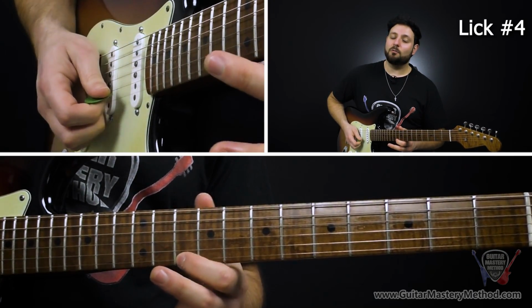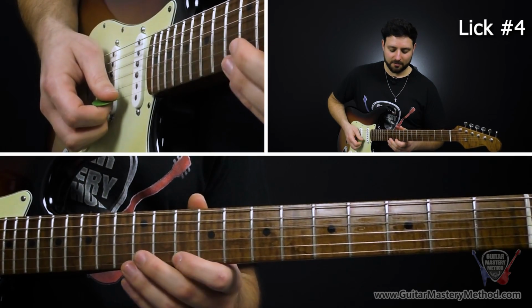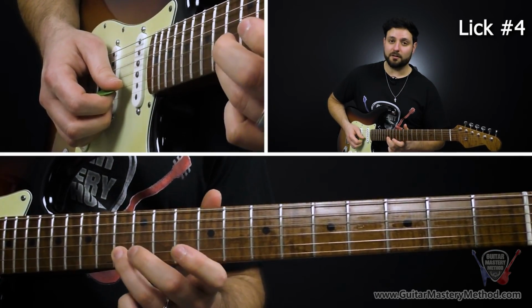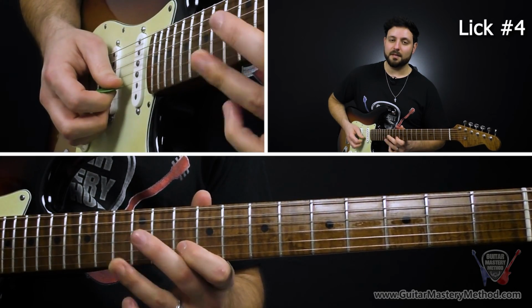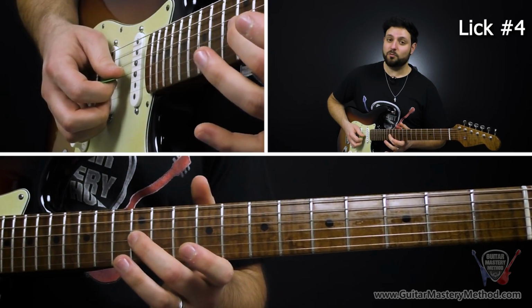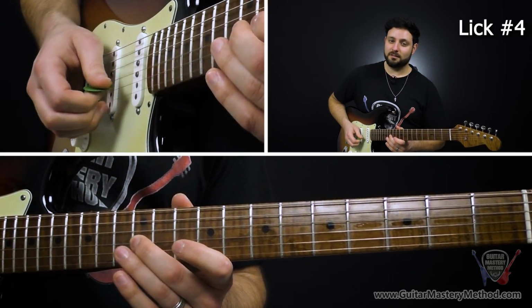Then we're playing the 10th fret again on the high E string. Then we reach over to the 13th fret on the B string. And then we play the 10th fret on the B string. And then we play the 12th fret on the G string. So far it's...